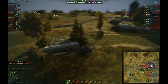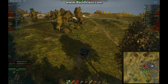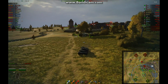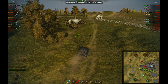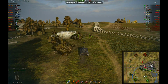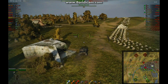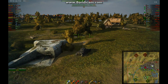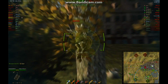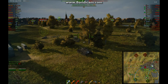And it's 0.4 accuracy, which isn't very good, but it could be my crew skills as well. If that improved substantially with the crew skills, then you probably could use this tank to snipe with. But pretty much as soon as you're spotted, you're dead, because it's very fragile. Nothing bounces off it. And you can't shoot back quickly because you've got a slow aim time, slow accuracy, so you can't really respond very well either. Anyway, so I try and take something where I can hide as far back as possible, hopefully